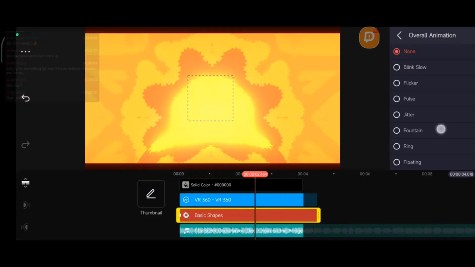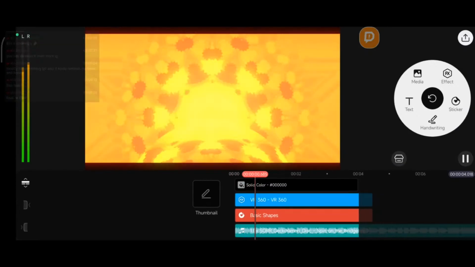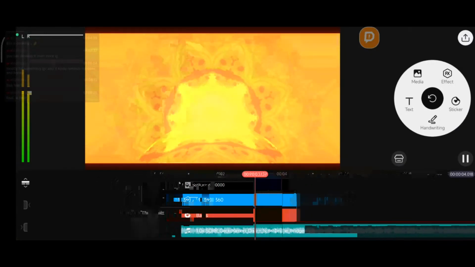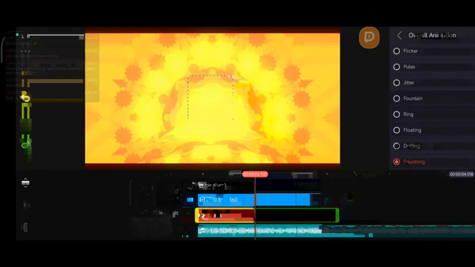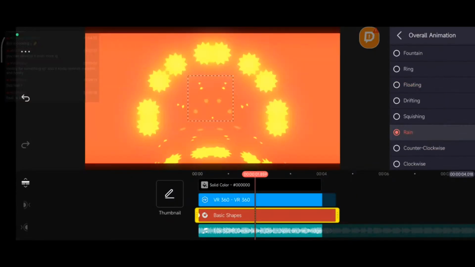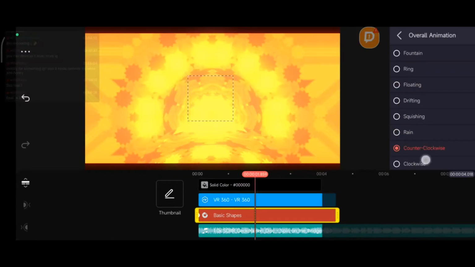The static is kind of bad. I can make it move a little bit like this with this pushing, but if I change it to rain,